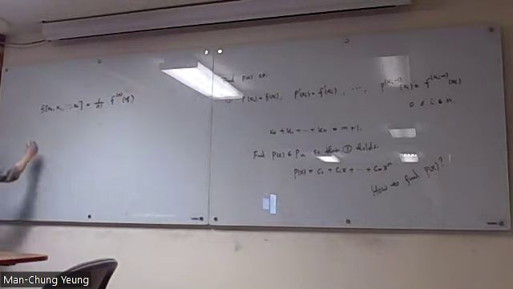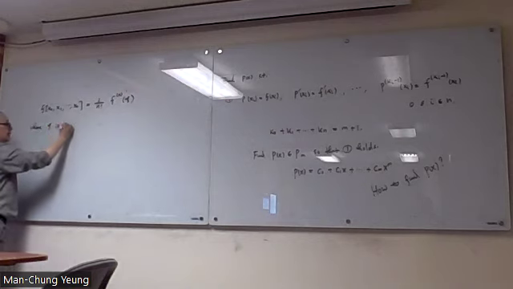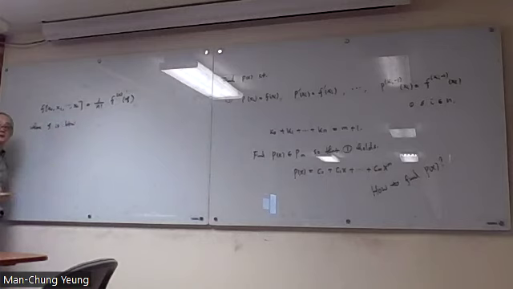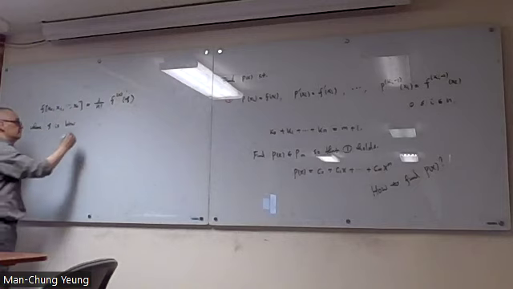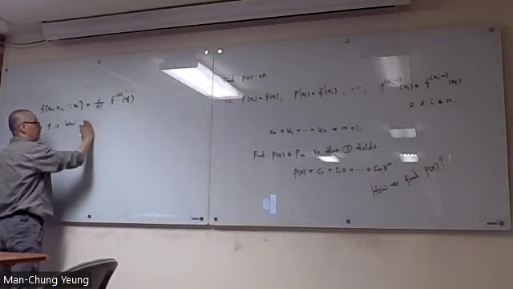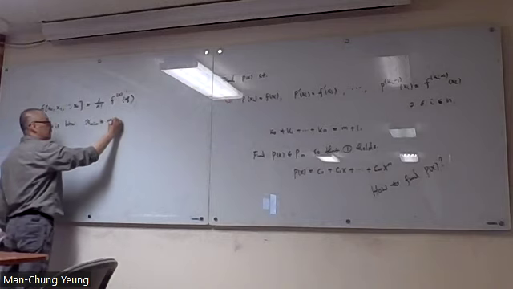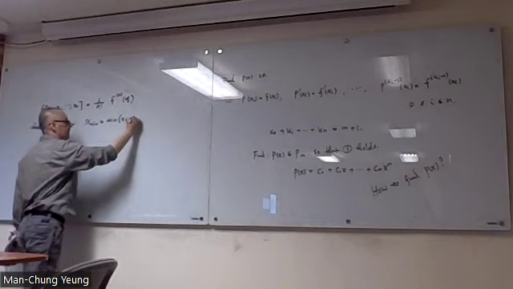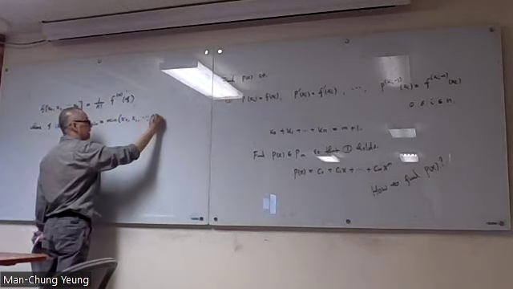What is psi? Psi is between the minimum of the roots, that means the minimum of x0, x1, ..., xn,